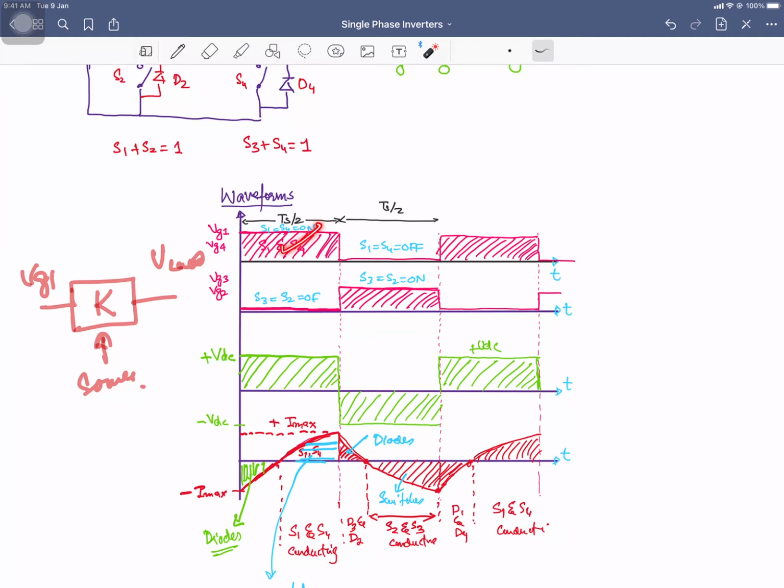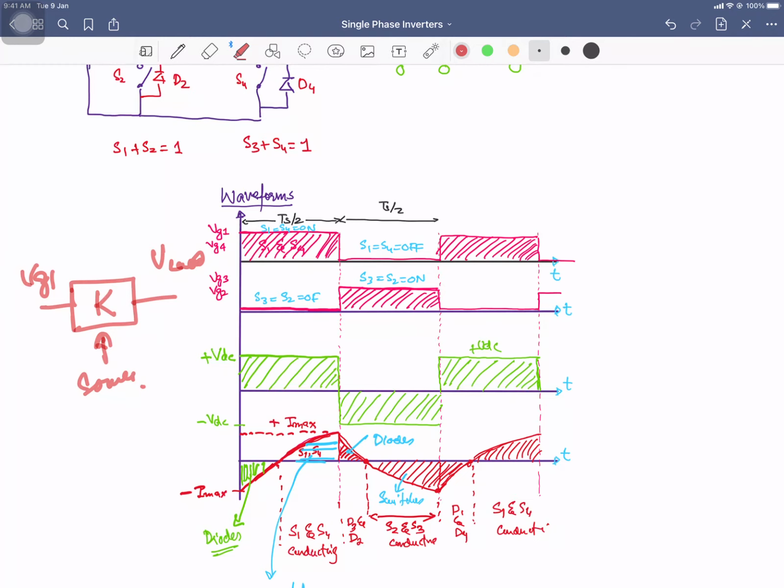So your switches S1 and S4 will be conducting, and over here S3 and S2 will be conducting. When one pair of the switches, that is S1 and S4, is on, the output voltage is plus VDC, and when the opposite pair is on, the output voltage is minus VDC. The current waveform will be exactly the same as we have already discussed for the half bridge inverter, but